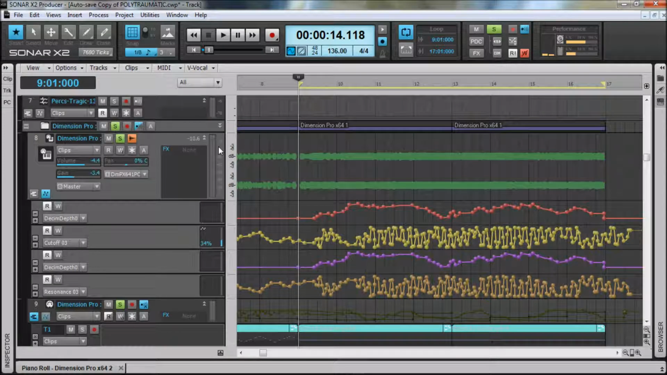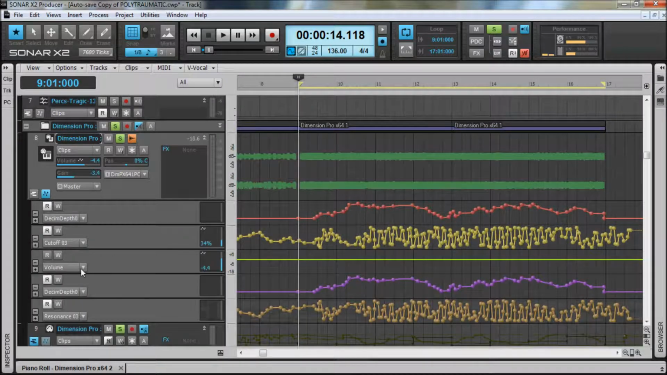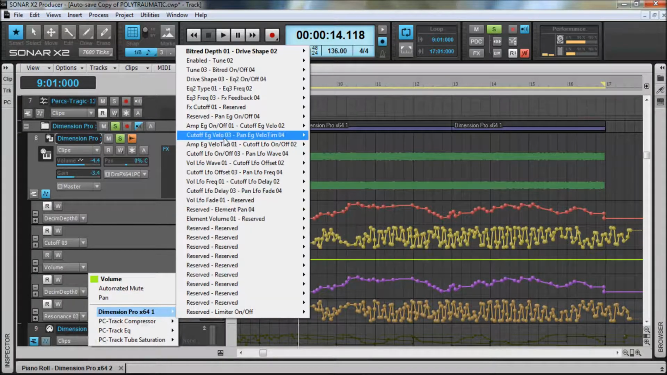Okay, so this is another little video that I made for something I'm experiencing in Sonar X2. What I've got is a little sample project here with an instance of Dimension Pro running, and I've got some automation that I drew in manually. For the cutoff, I've assigned it to cutoff 03 for the third voice in the synth engine. And what I'd actually like to do is to be able to insert a lane, assign that to cutoff 02,